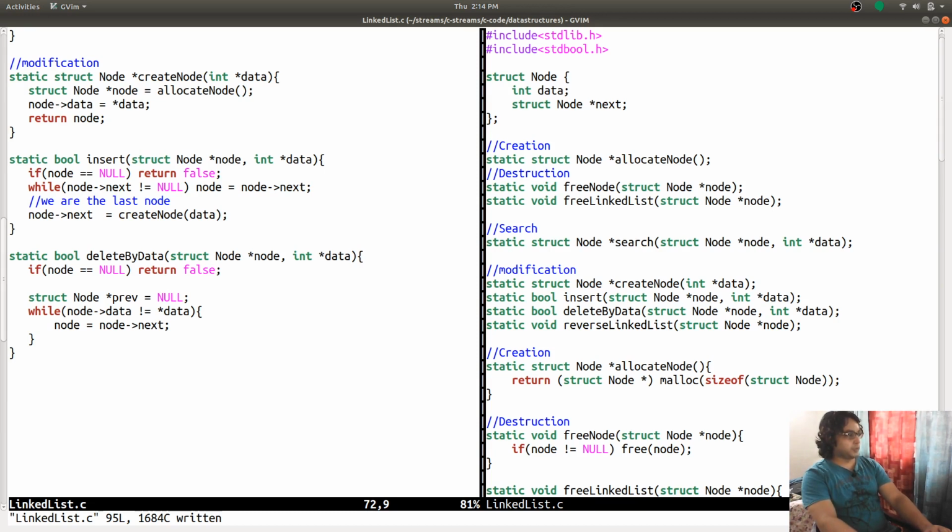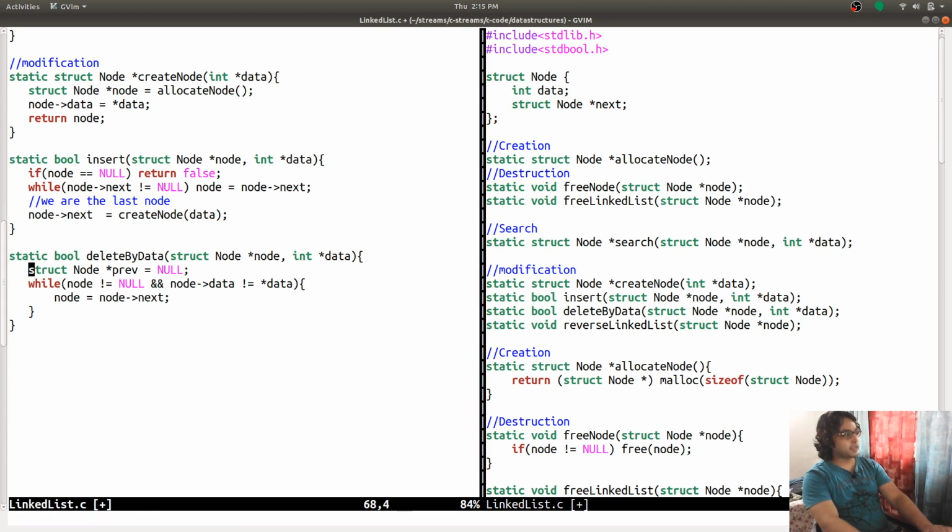So while node is not equal to null and node data is not equal to data, keep moving. If I am adding this check over here, then the other check is not required.